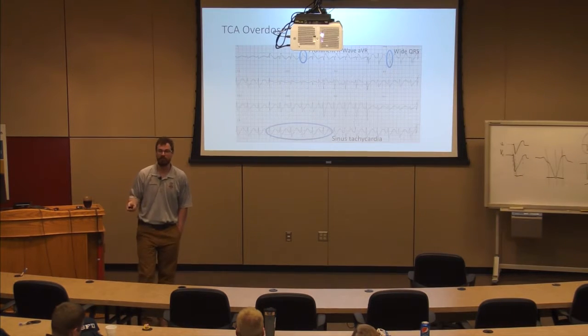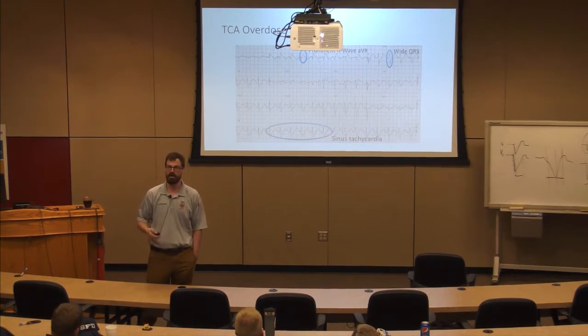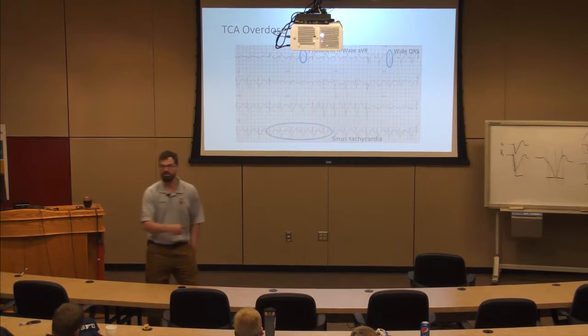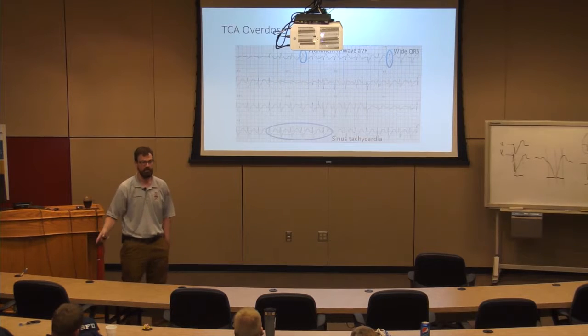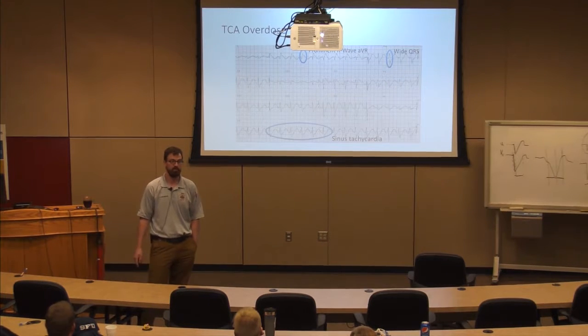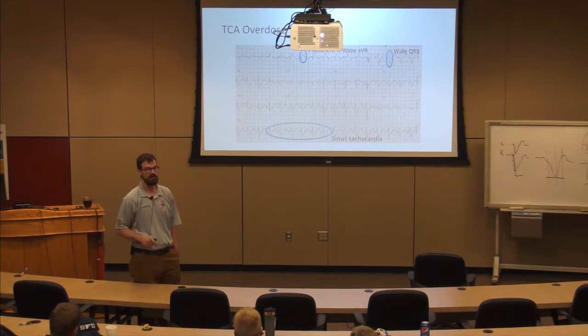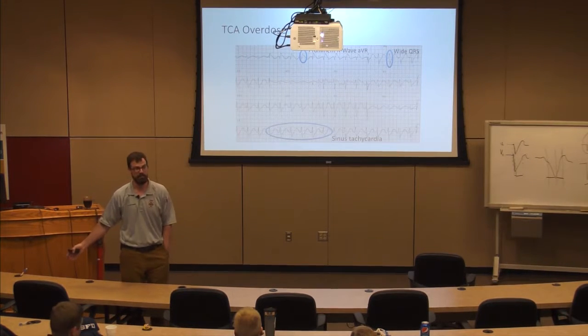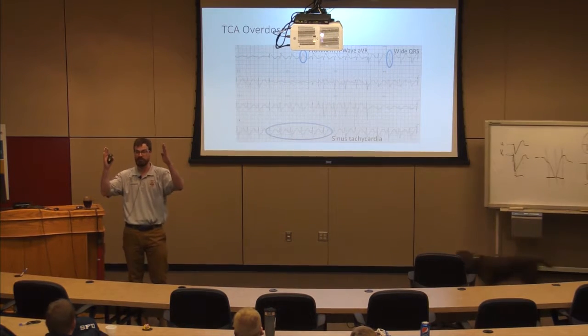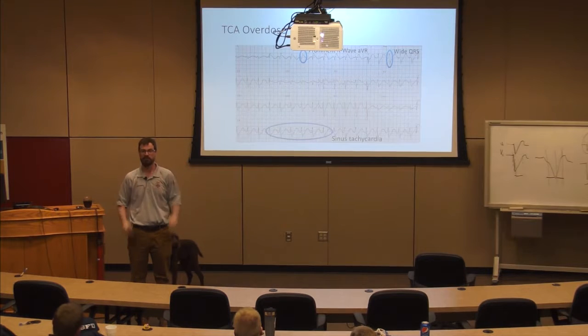Why do I give bicarb to someone who is a sodium channel block overdose? Because sodium bicarb has a lot of sodium in a small package, right? So I can give you a ton of sodium to make up for the fact that you've got a sodium channel block. I could also give you normal saline because that has sodium, but I'd have to give you a huge amount of normal saline as opposed to giving you a really concentrated volume of sodium ions, okay? Does that make sense? So I'm not giving it for the bicarb, I'm giving it for the sodium, okay? And what happens when I give it? The QRS goes like this. Narrows up, okay?